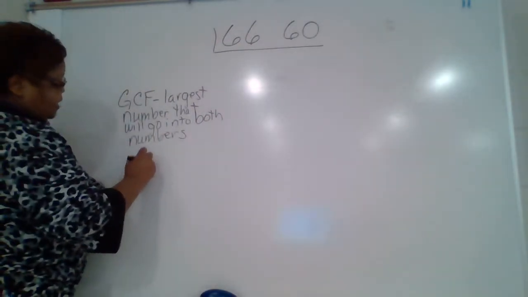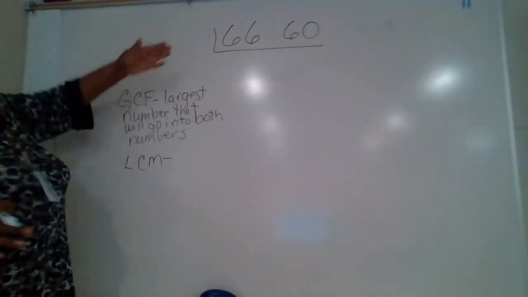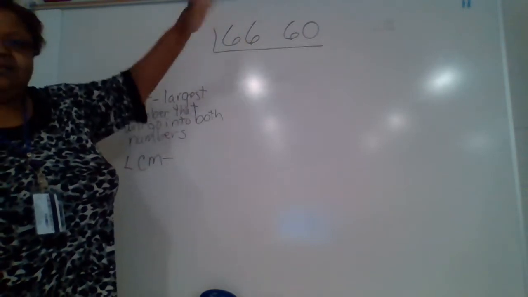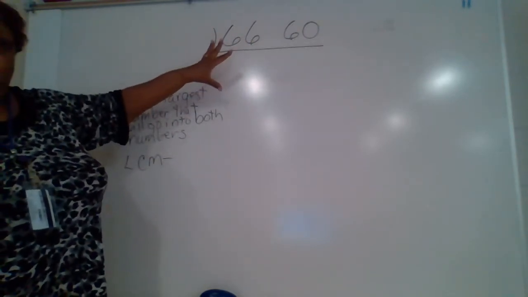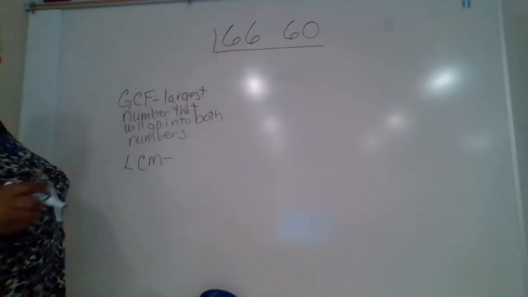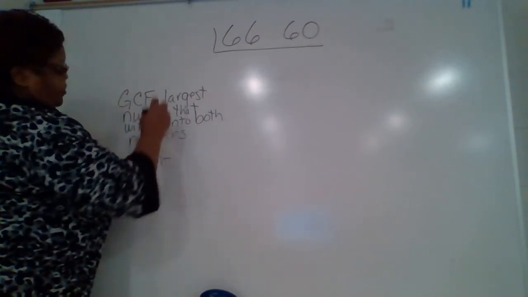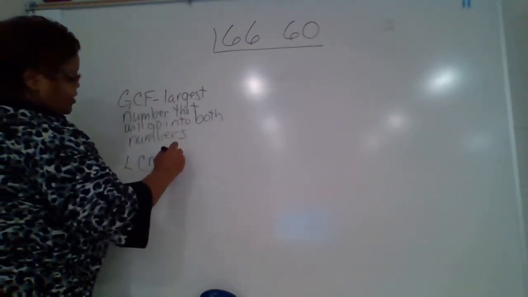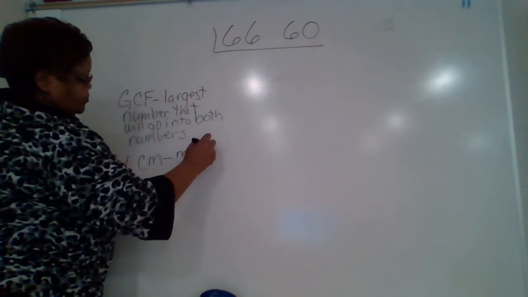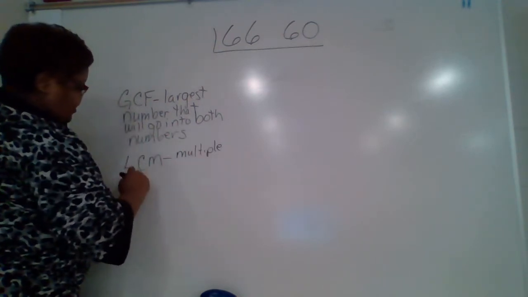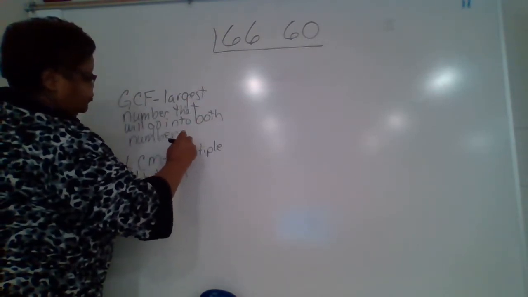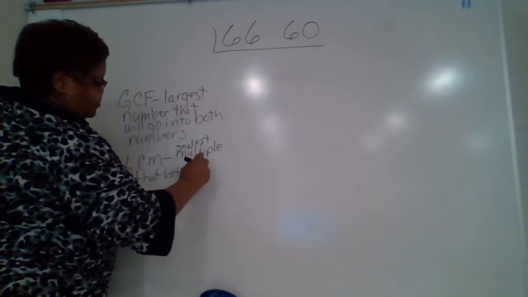My least common multiple. That means I'm going to multiply both of these numbers, 6 times 1, times 2, times 3, 60 times 1, times 2, times 3, and so on, until I get a number that both of these multiply out to be, until I get to the same number. And I'll explain that a little bit better. So here, you're looking at division. Here, you're looking at multiplication. Multiples, the smallest multiple that both numbers